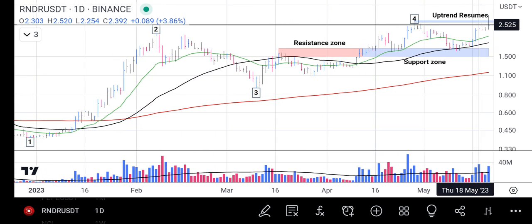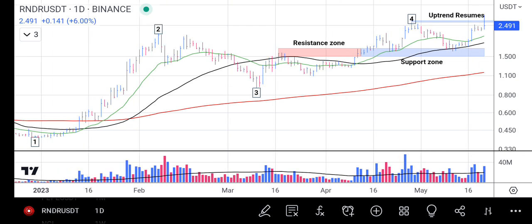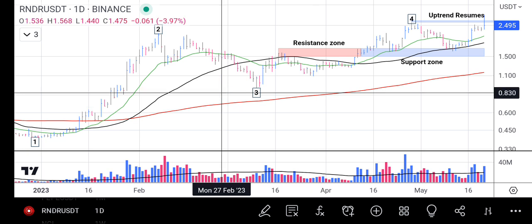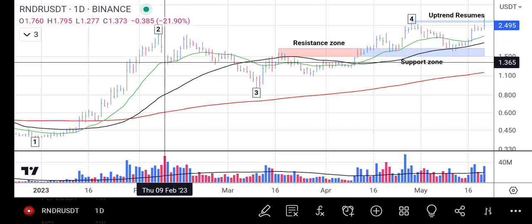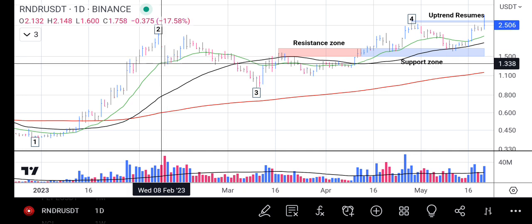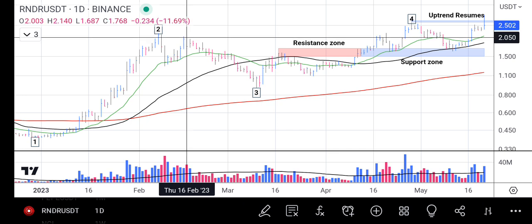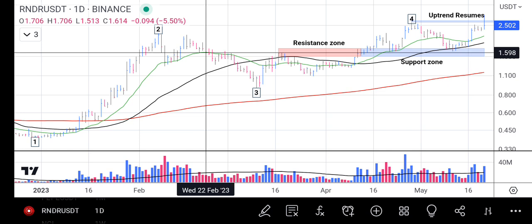When you look at the chart from the left side, from point 1, you will see that it had a very strong rally up to point 2. That shows that the buyers gained more hands and more strength, and they pushed the rally up drastically before it finally dropped back from point 2 to the 21-day exponential moving average. From there, when the sellers hit the 21-day exponential moving average, the buyers showed some strength. They pushed the price up a little bit, but the sellers were still very strong, and they finally beat down